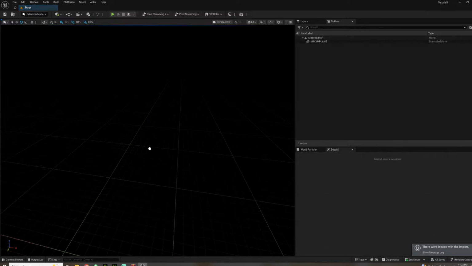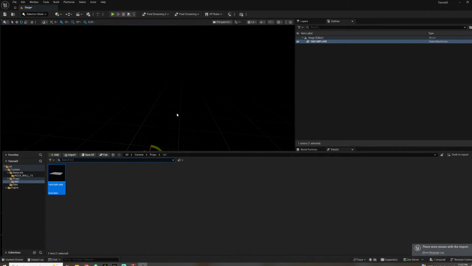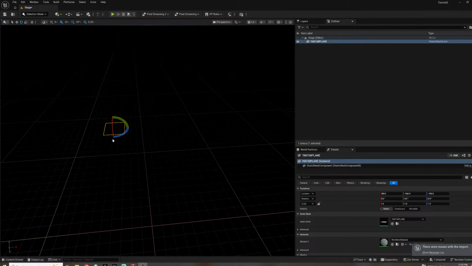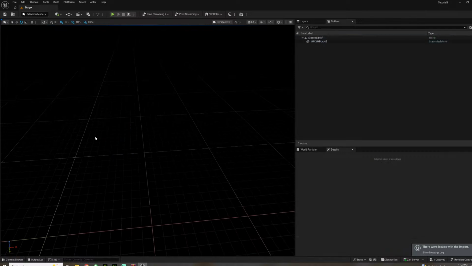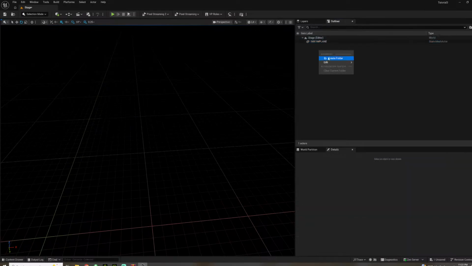And we have our plane. So we can just click, drag and drop our plane into the world. And you can't see it because there's no light, but that's okay. So here it is, it shows up. Let's actually make